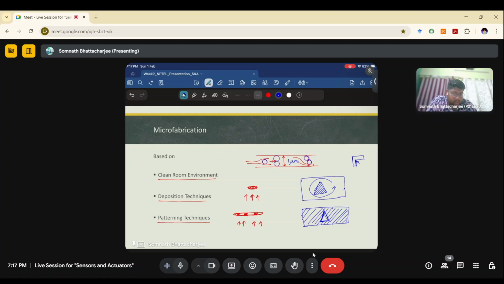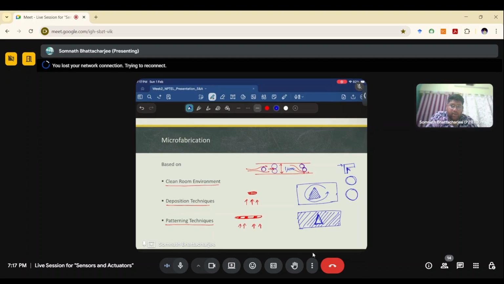So here there are edges and these things. If you are trying to make, let's say, circles for resistive random access memories, or capacitor type of structures, you need a circular one. So based on the structures, it will obviously depend. But let's say on the basic thing, which one will be